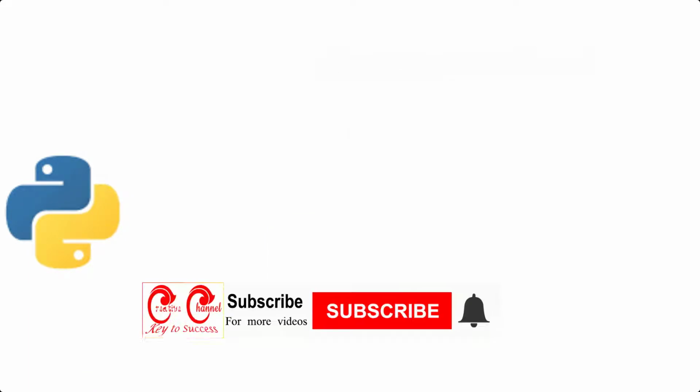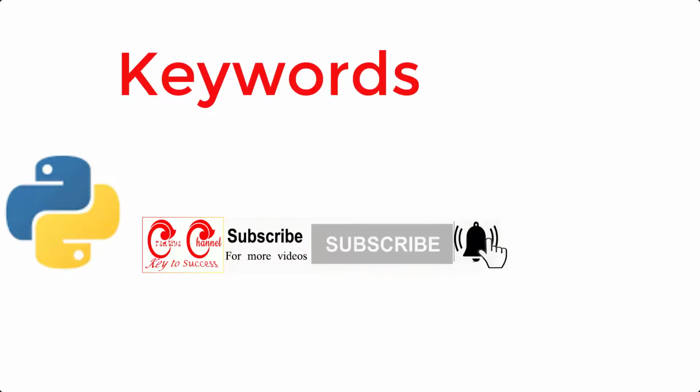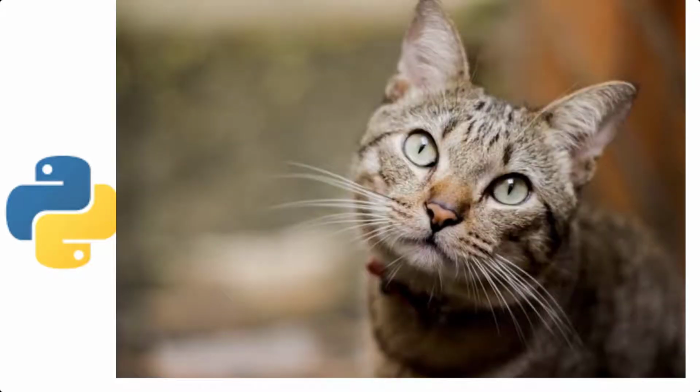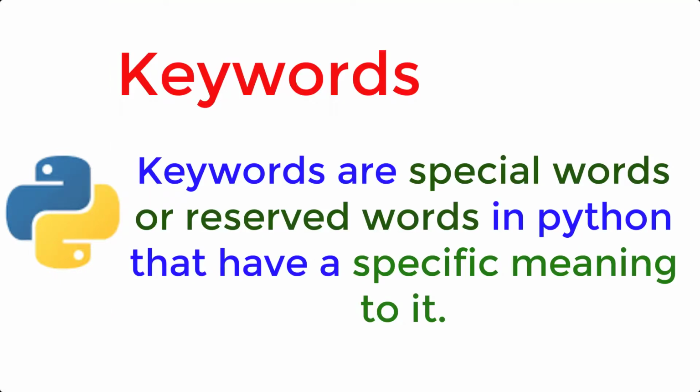Now let's see the second one under token, keywords. Keywords are special words or reserved words in Python that have a specific meaning. If I tell you a word, cat, what comes to your mind? An animal? That too, a pet animal, comes to our mind. In the same way, when we use a term in coding, the interpreter will do the operation that the particular word is assigned to do. In the library, the function or work that is to be done when seeing the term is assigned and stored in it. So the interpreter will only perform that function.